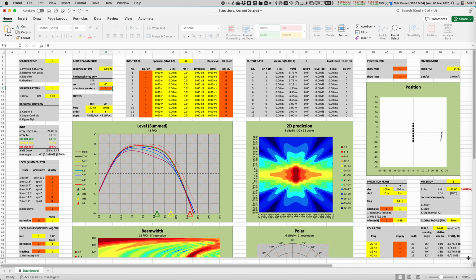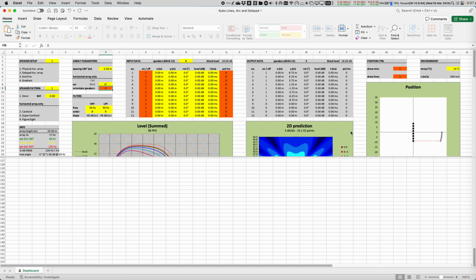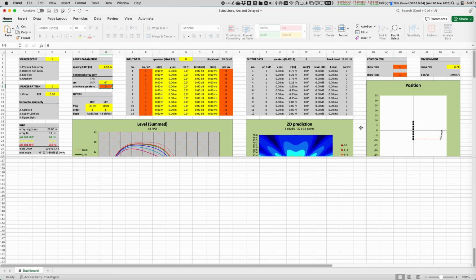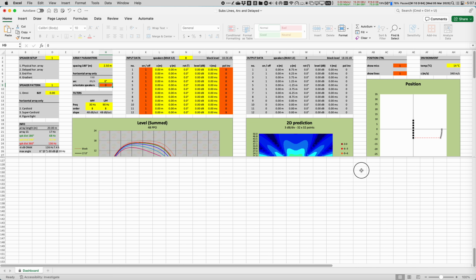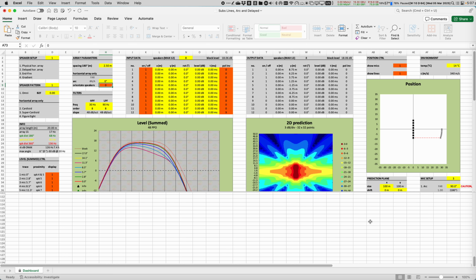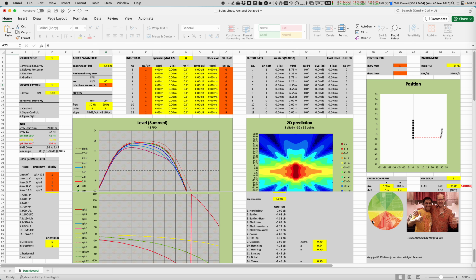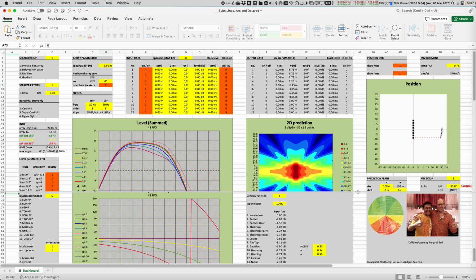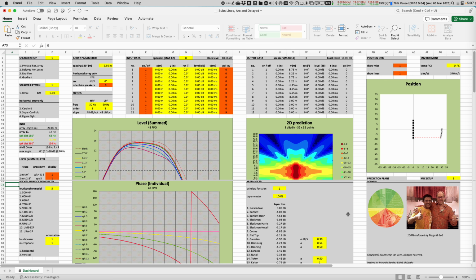And now let me do this, because around here I want to see a little bit more of the prediction of colors. But now let me go here and explain to you that this area here in the bottom is called